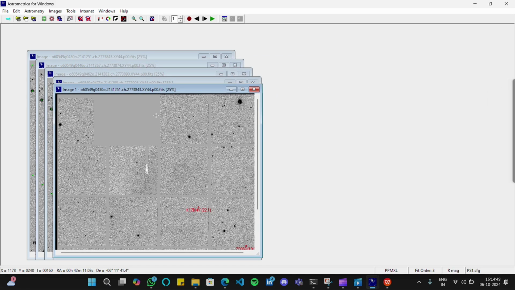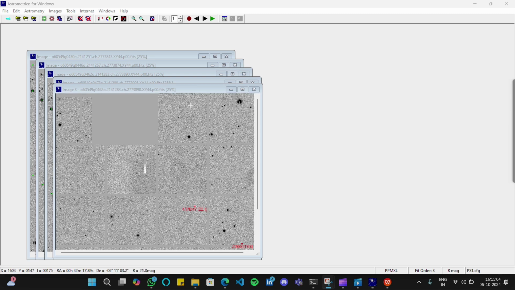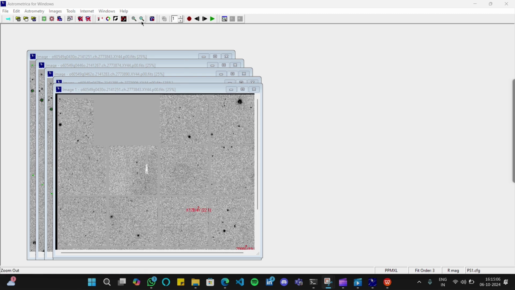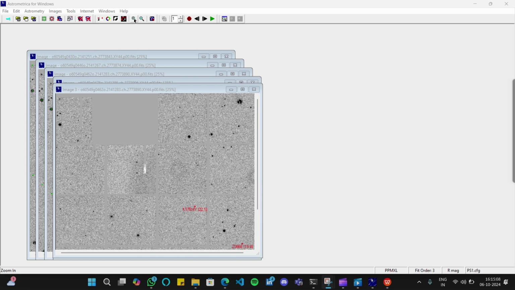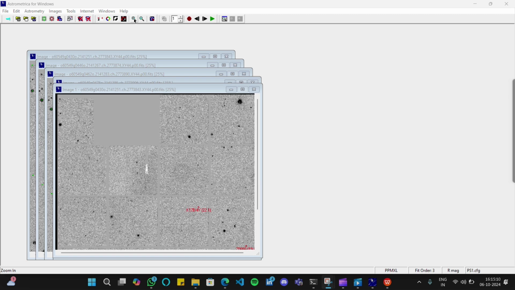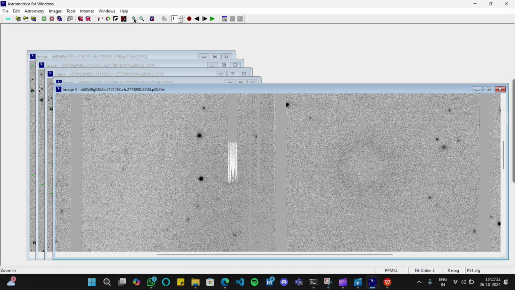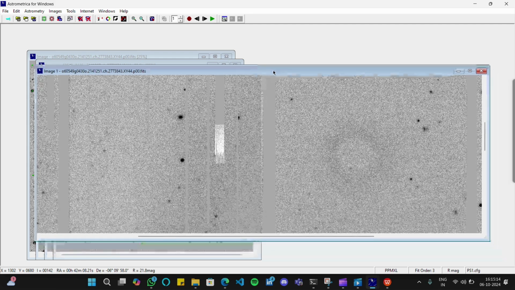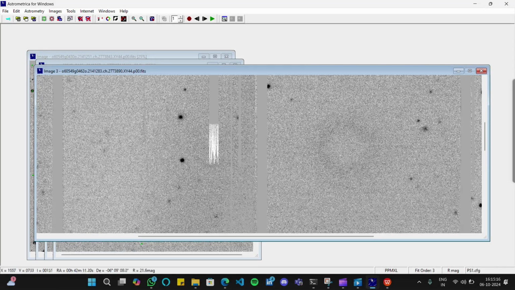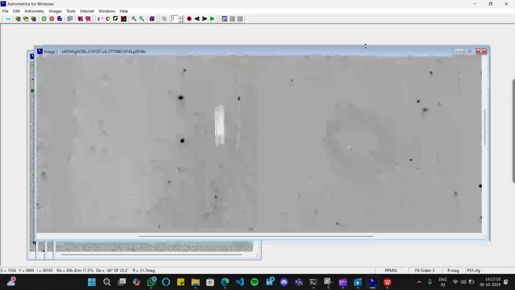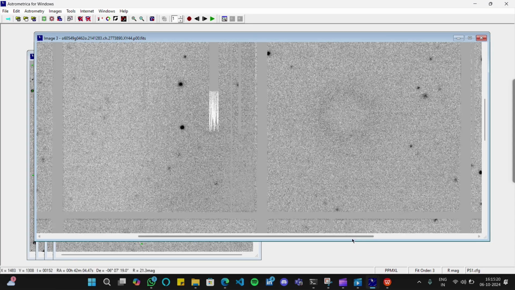So what's the next step that you need to do? The images are very small, so you have to zoom in a bit. You have to click on this plus icon. Here you can see a plus icon. You have to click it two times. One, then two. You can zoom according to your need, but I think it requires only two times. You can also increase its size.